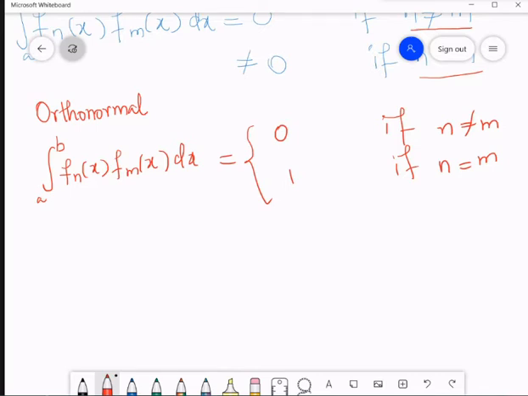Okay. Now try this one. How many integrals are you going to consider in order to verify whether the following set is orthonormal or not? I have my set given here, so this is my second question. I'll just rewrite it here: 1 comma sin nx, n belongs to natural numbers. How many integrals will come here?